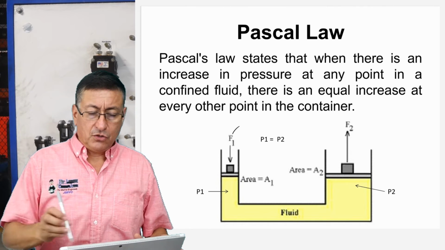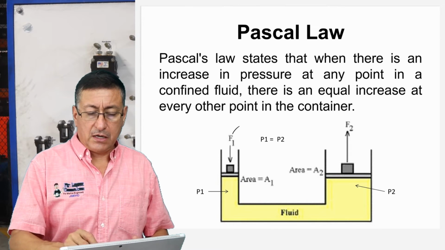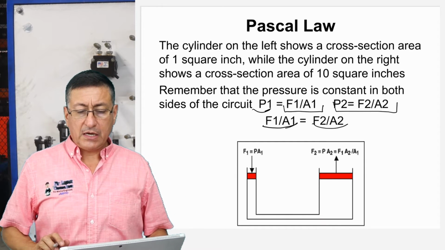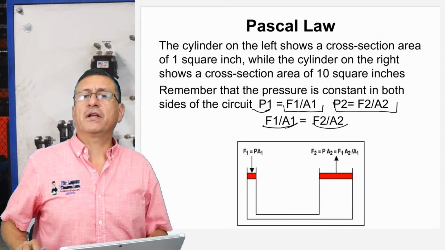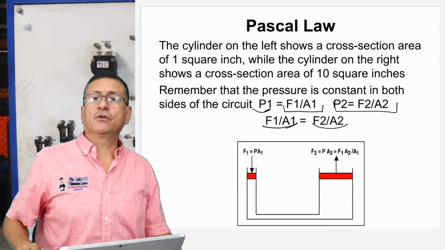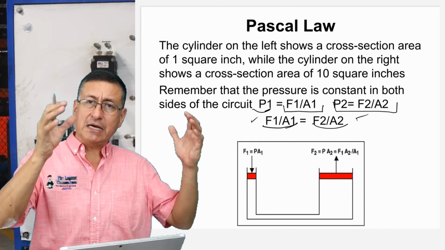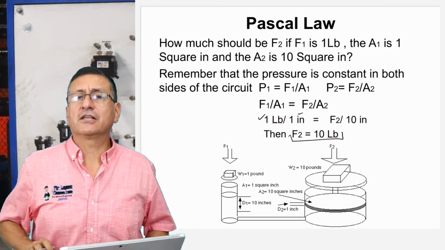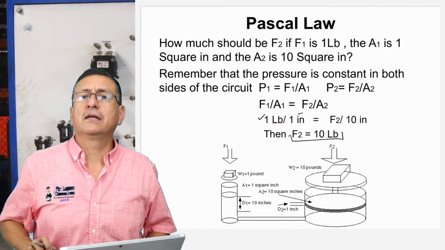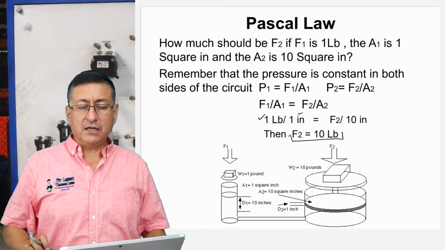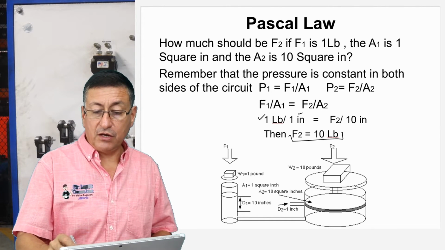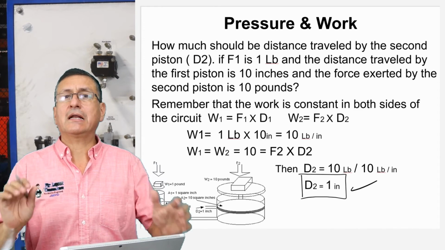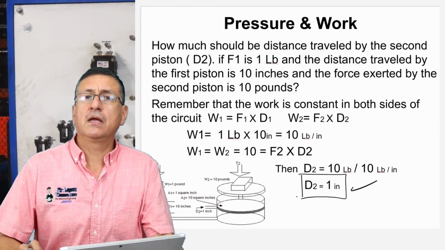You enjoy this explanation, and of course in your book you will find exactly the same explanation with the same example. You see, it's the force number 1 with the area number 1, which is 1 inch, and we are going to use the same concept about the pressure. The pressure number 1 should be equal to the pressure number 2. It's exactly the same explanation that I did right now in this video. You find that explanation properly explained step by step. The second part is using the concept of work in order to calculate the distance. And finally, the distance number 2 is 1 inch. Exactly the same example with the same numbers.